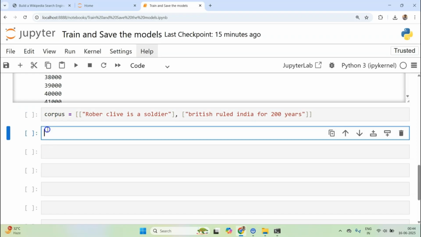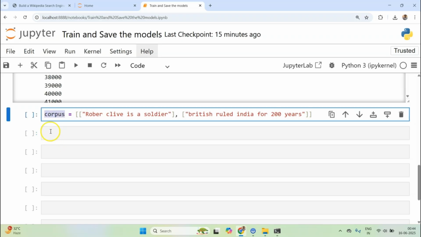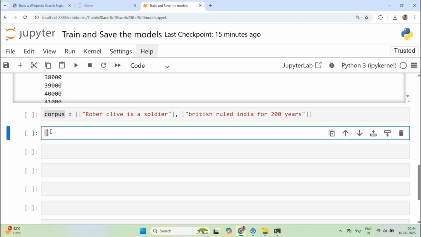If I ask you what is a dictionary for this corpus, you would respond that the dictionary consists of words like Robert, Clive. Essentially, all the unique words in my corpus make up the dictionary.